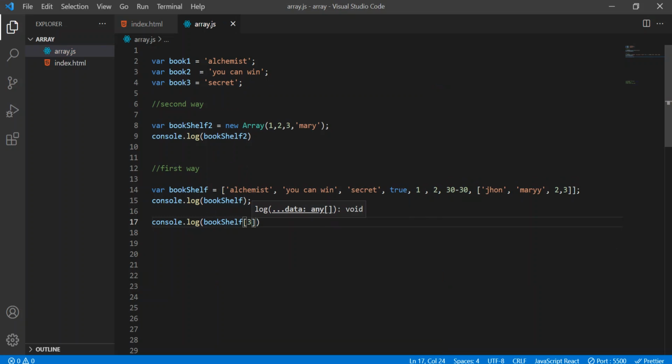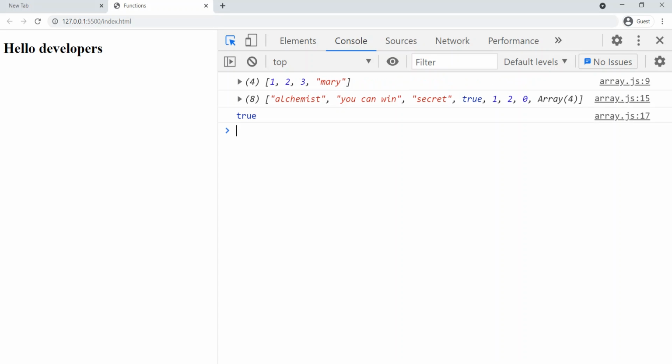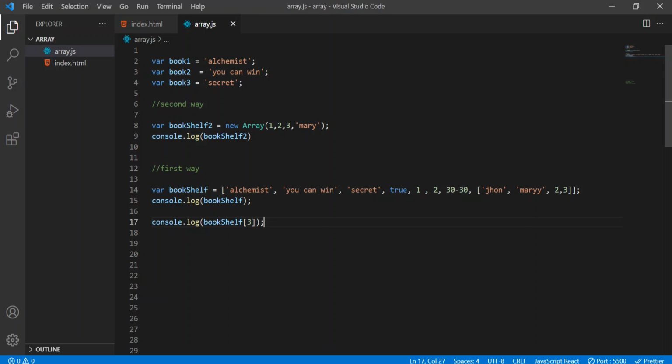So let's say I'll pass 3. Let's see what we'll get. So we'll get true here because this is 0, alchemist is 0, you can win 1, secret 2, and this true boolean value is 3. So that is why we got the output. I mean sorry, true.